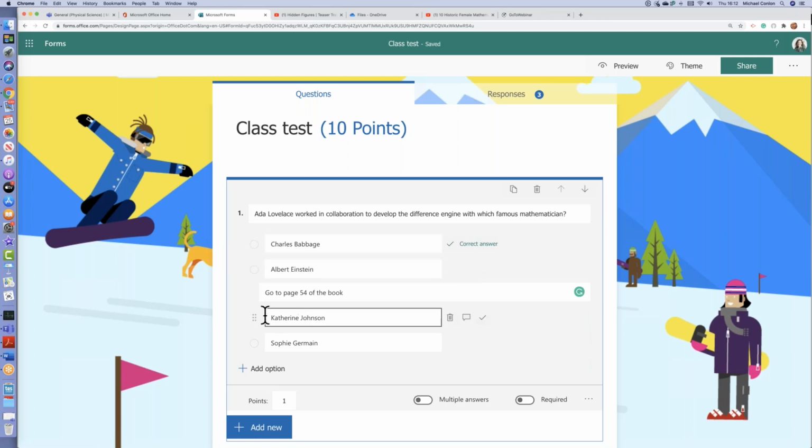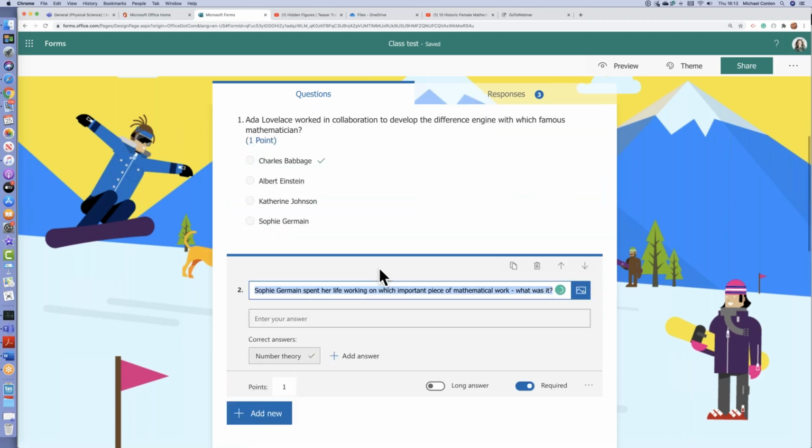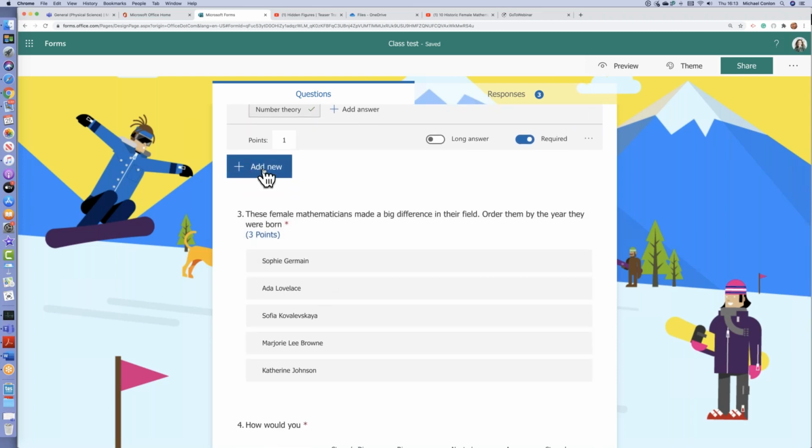Multiple choice questions are incredibly challenging to create because the distractor answers really have to be quite close and have a reason for being one of the options that they can choose. So good feedback can really help students with their understanding. This is a straightforward text question. And so you build it question by question and then add new questions as you want.